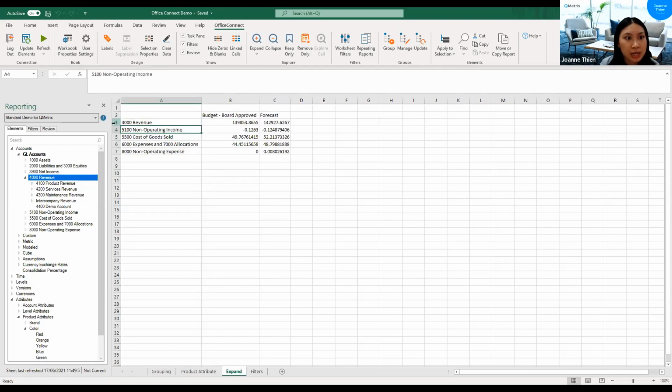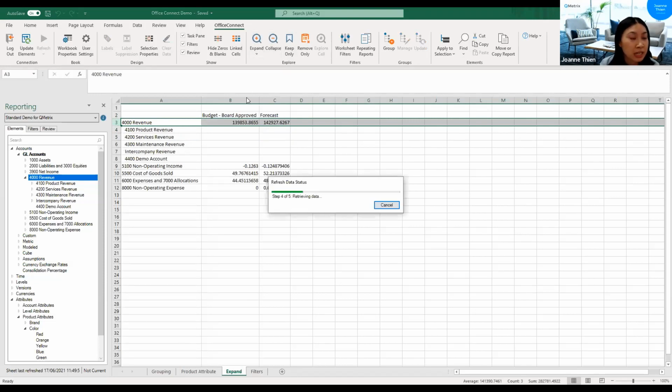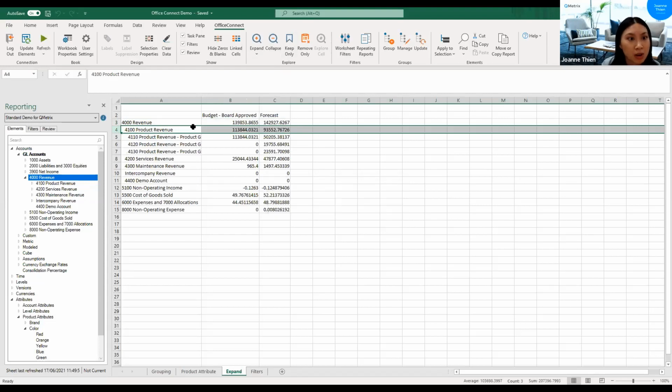So what you can do in Office Connect is highlight a row and use the expand and collapse features up here to drill in and see the detail underneath this account. And you can do that on however many levels there are in this hierarchy.